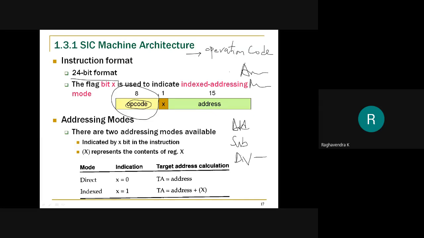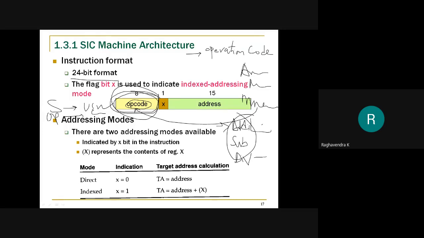Right? So these are all the different operations that are possible on my computer system, and I cannot specify these operations as a whole. So what I will do is I will use short forms. Okay, and these short forms are nothing but the mnemonics, right? These short forms are nothing but mnemonics, and these short forms we call them as operation code. So there are operations, and there is a code that is associated with it. Okay, for example, every student is associated with a USN number, right? So just like that, every operation will have a code associated with it. So that code you need to mention.